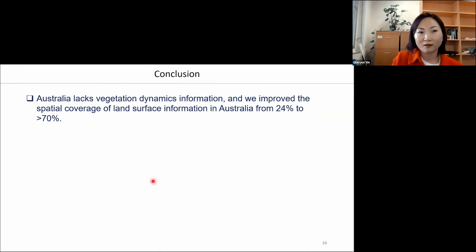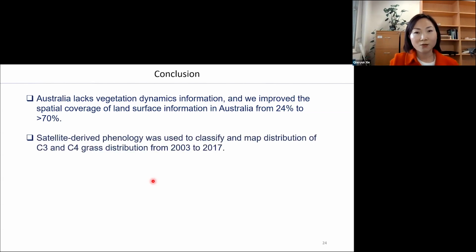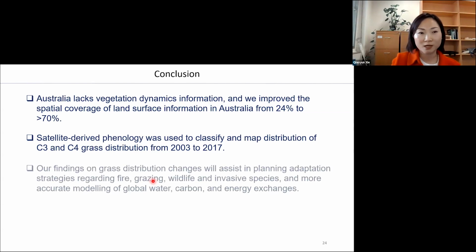So to conclude, Australia lacks vegetation dynamics information, and we improved the spatial coverage of land surface phenology information in Australia from below a quarter of the continent to above 70% of the continent. And we used that information to study climate change impact on grass distribution. We found that satellite-derived phenology was able to classify and map distribution of C3, C4 grasses. And those maps allowed us to find that grass distribution changes